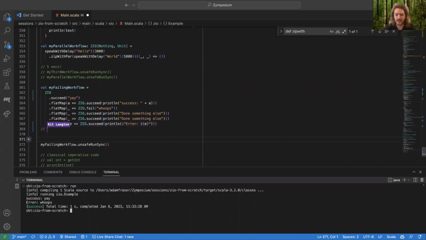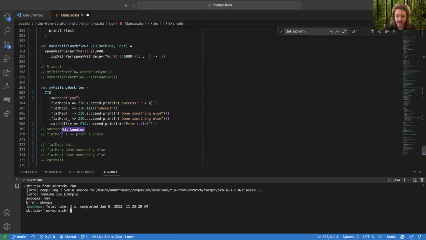So we push them onto the stack. We put the catchAll on the stack, and then we put the flatMap node that prints something else on the stack. We had two of those, and then another flatMap that will actually fail, and then another flatMap which is going to print success. And finally, at the very inside, we have succeed. When we get to a succeed node, we can use that and start pulling these continuations off our stack, pulling from the top.